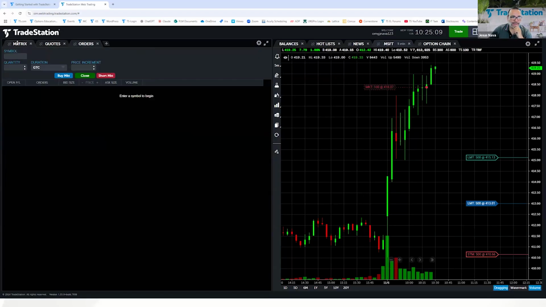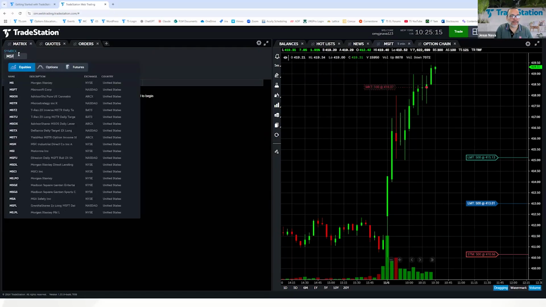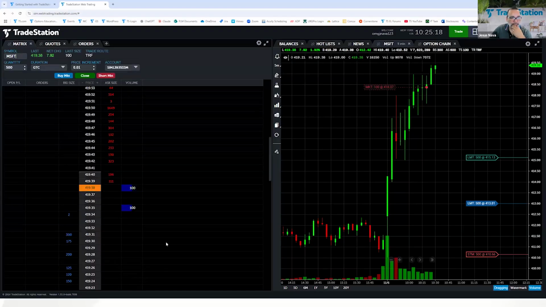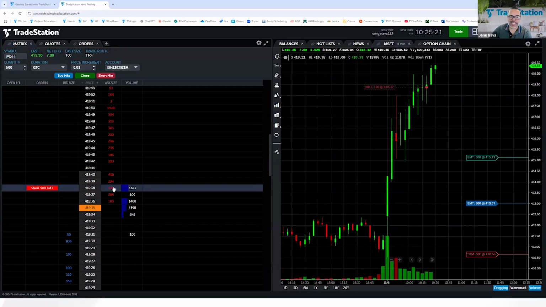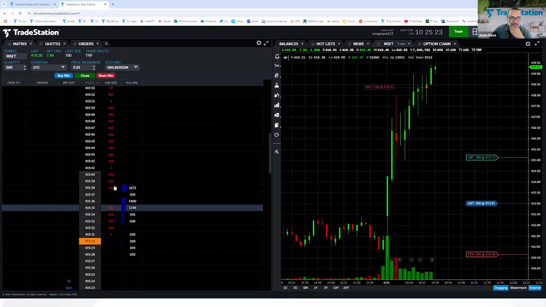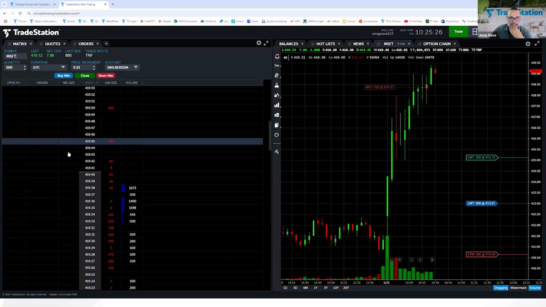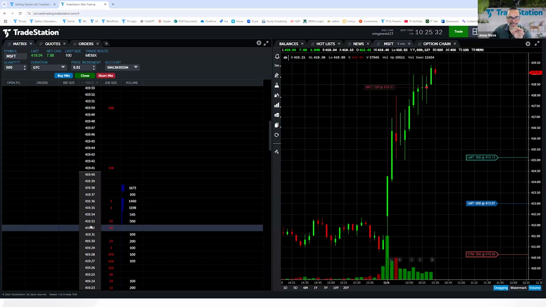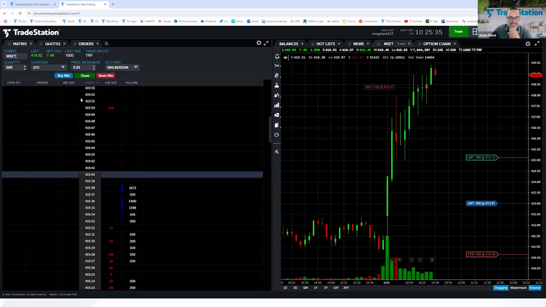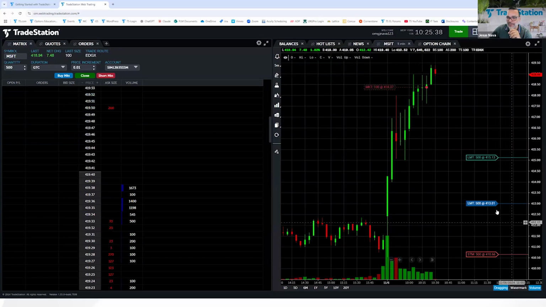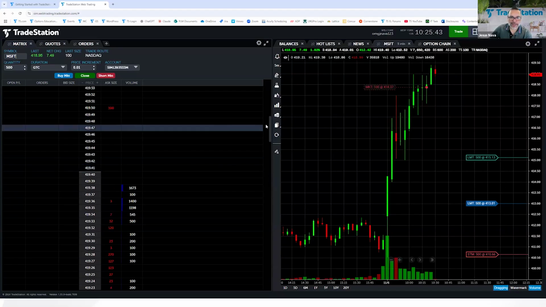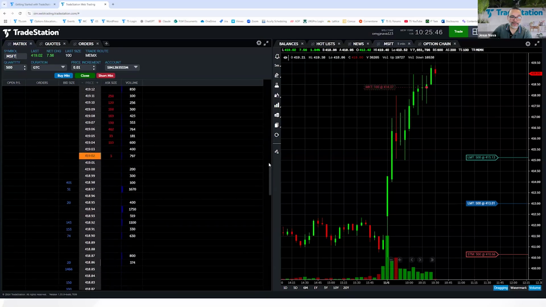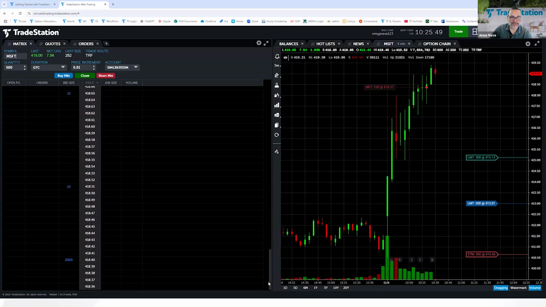Let's go back here to the matrix. The matrix is empty when you first open it. But if I bring up Microsoft in here, then you can see market depth level 2, and you can place orders in this setup as well. Now, of course, you can see the range of prices here. They go in penny increments, and that's why we only see 419 on the screen. If we look at the chart, our entry was at 413, so we are far away from where our orders are. I can scroll down to where 413 is,